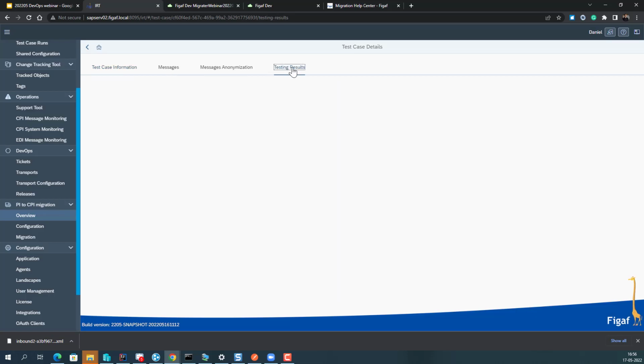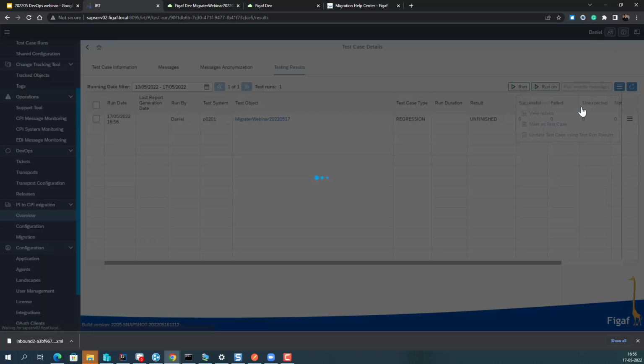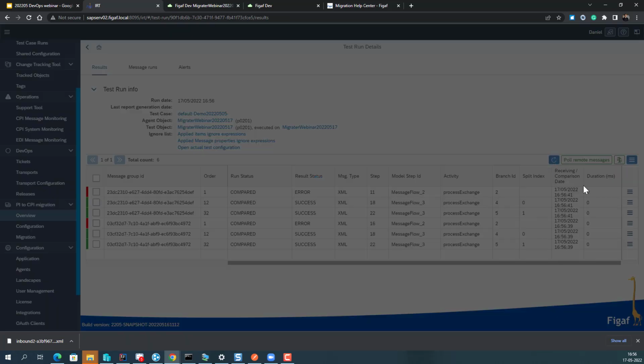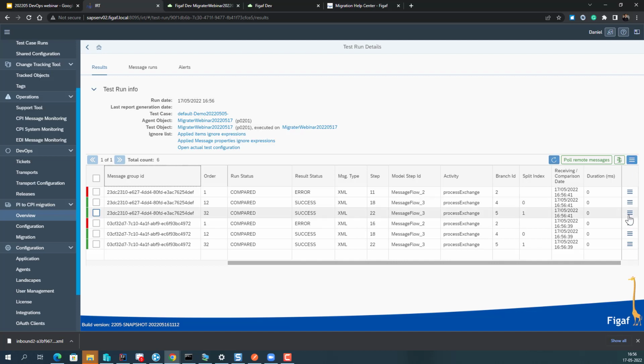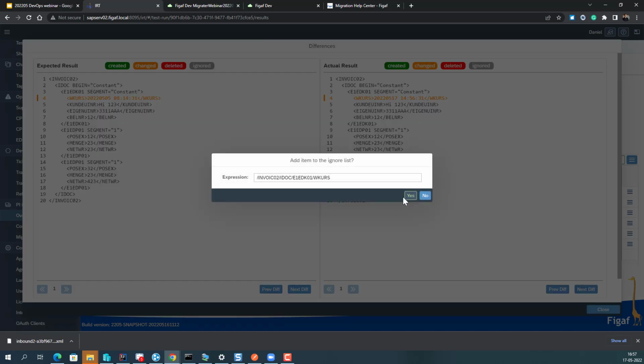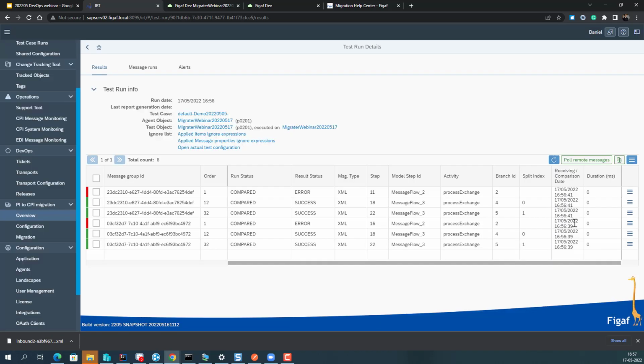So we created the test case, and we have a result over here. It's view results, let's see. So we can see there are some errors here. Let's take a look. What is the difference here? And we can see this is just that a date is different, because it's the current date, and that is okay, so we just say save. And now if I process